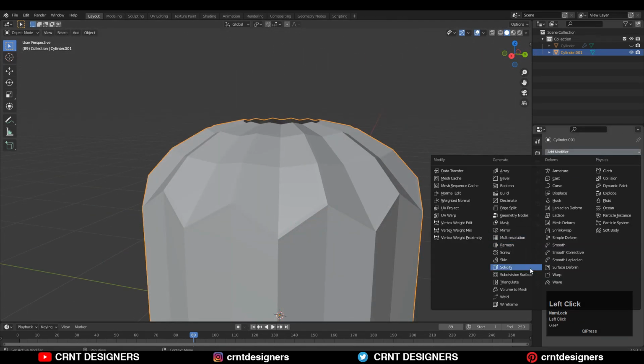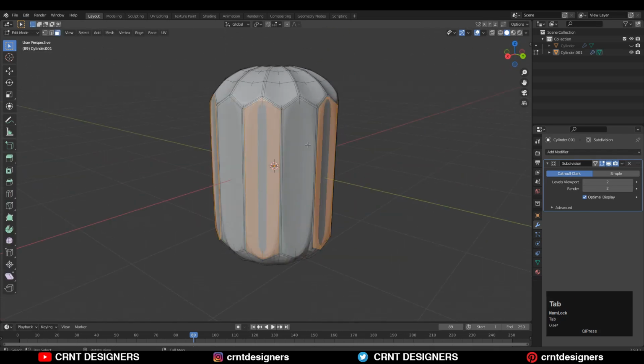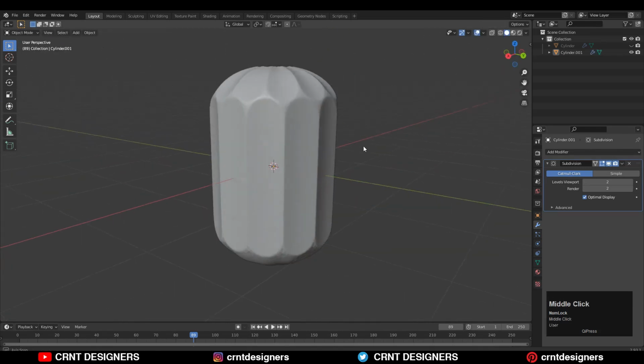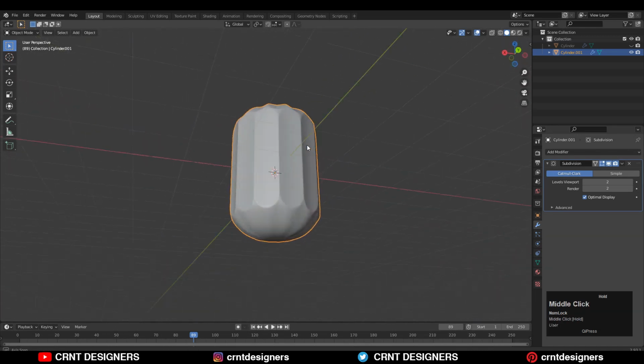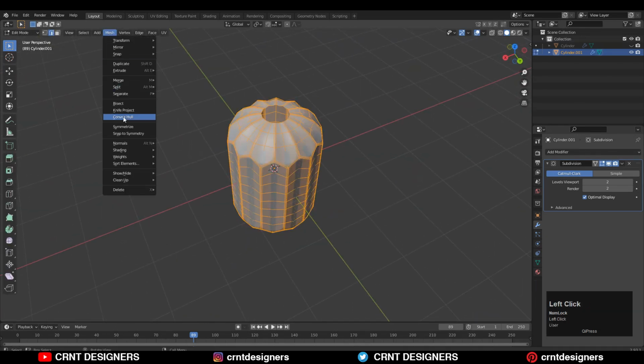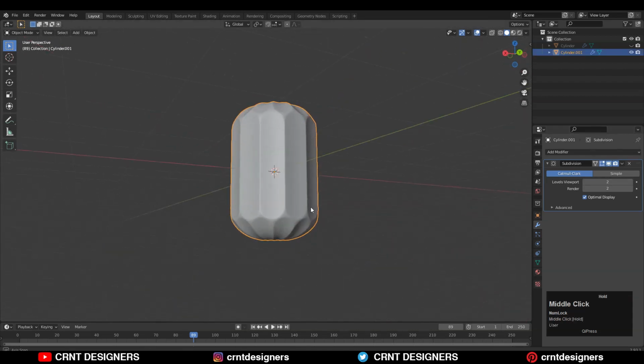And then you can add the subdivision surface modifier and increase its count up to 2. And now you can see we got a decent shading there, just add few loop cuts and then shade smooth it. And now you can see we created a decent design there. So just take the symmetry along the z-axis and it looks pretty good.